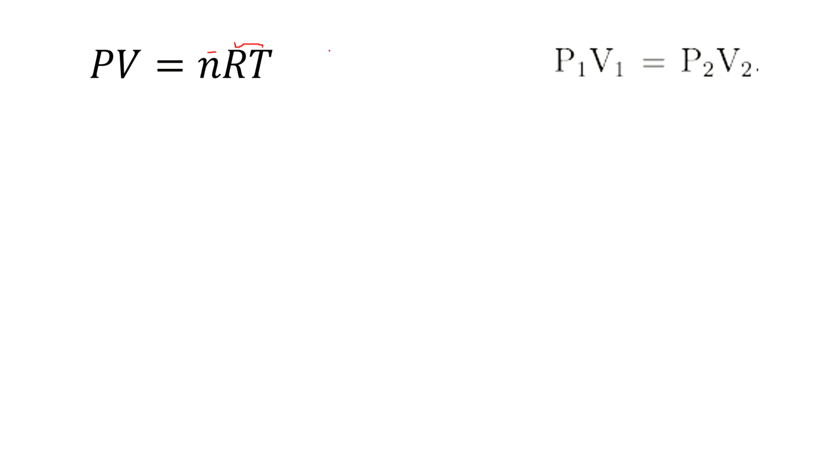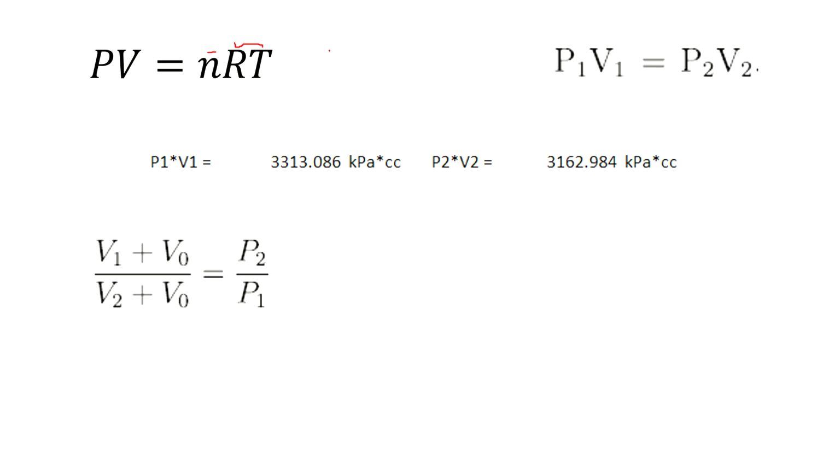So therefore we can say that the initial pressure times volume is equal to the final pressure times volume. Using this, we can see how exactly the data compares, and as you can see they are a bit different. This is because we haven't accounted for the volume that was already inside the syringe. This volume is called volume zero, and the correct formula in order to account for it is this one right here,